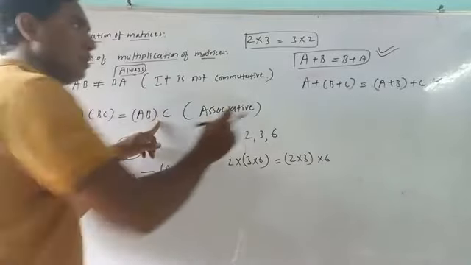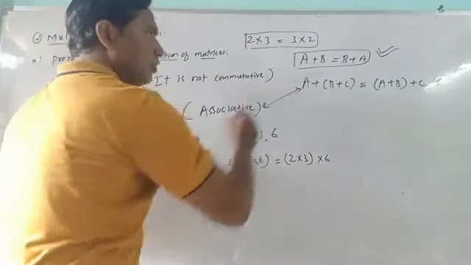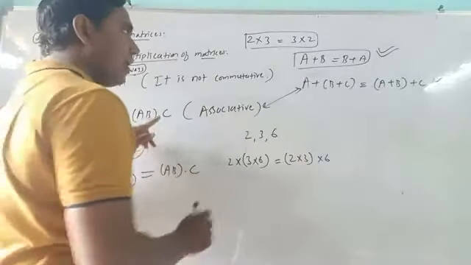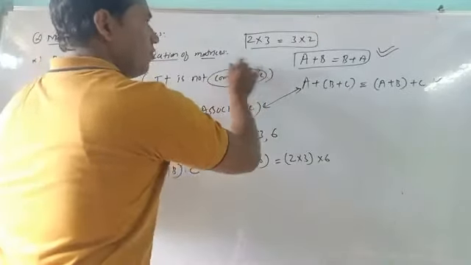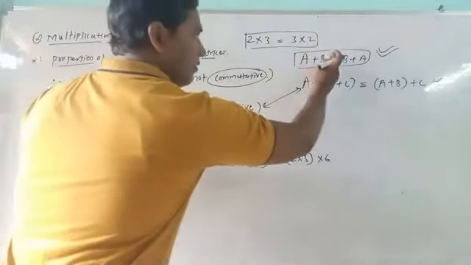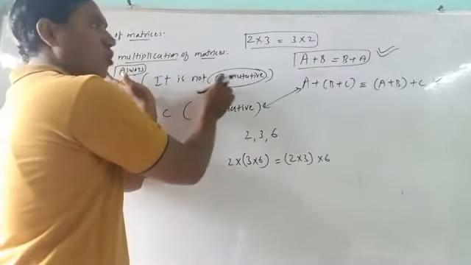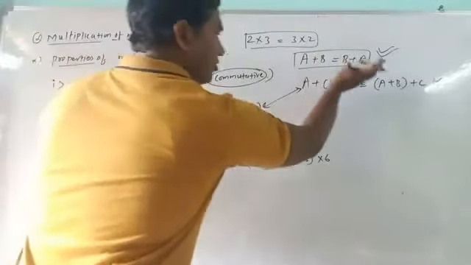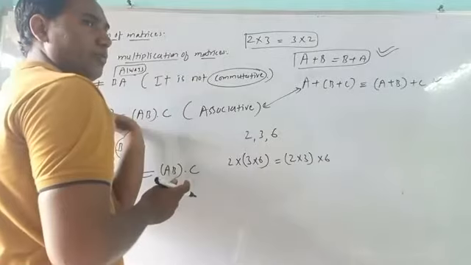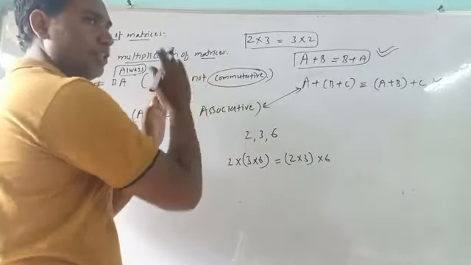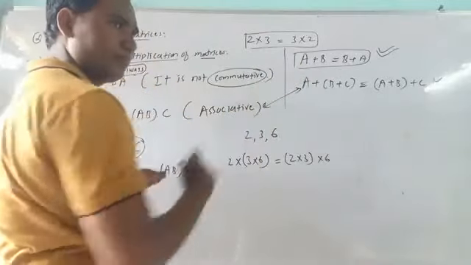Addition and multiplication both satisfy the associative property, whereas multiplication does not satisfy the commutative property. In case of addition, it is commutative, and in case of multiplication, it is not commutative. In case of addition, it is associative. In case of multiplication, it is also associative. So to compare addition of matrices and multiplication of matrices, you have to compare the results.